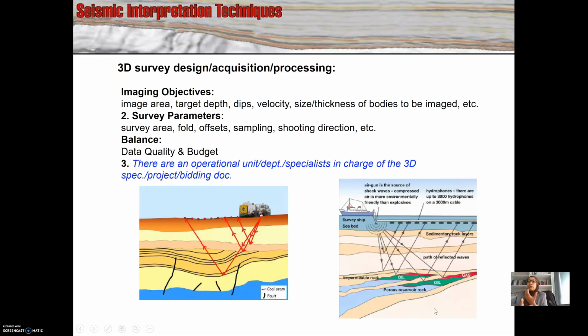So the difference between 2D and 3D is in terms of how they acquire the data and how they process the data. So I'm going to have a short briefing on how a 3D survey is done, the acquisition and the processing. I'm sure you have learned this in seismic methods, right? So the 3D survey, the objective is to image the area